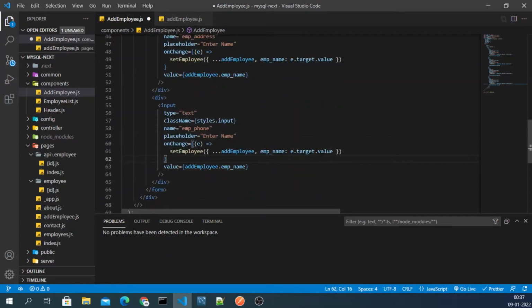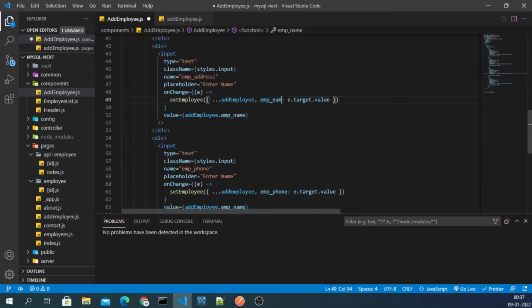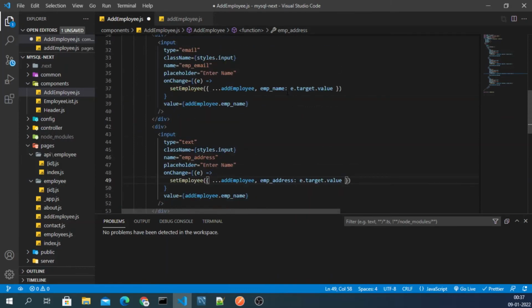Okay, and we have to change this to emp phone, and then emp address, and then we have emp email.